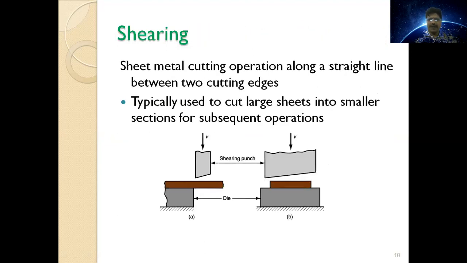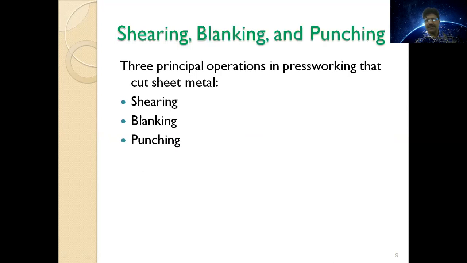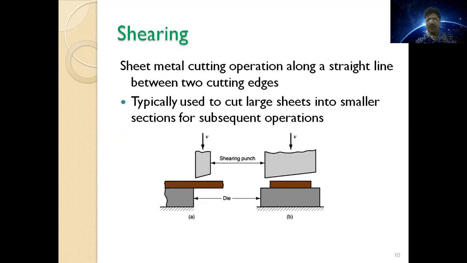We'll discuss shearing, blanking and punching. Shearing is the common cutting as it is known in sheet metal; cutting or shearing is the same process. But in shearing we normally cut the whole 6 by 4 sheet into small pieces. A shearing machine is a big machine, and any shape, any size of the sheet metal can be cut on this shearing machine.